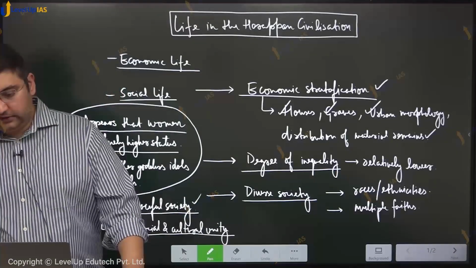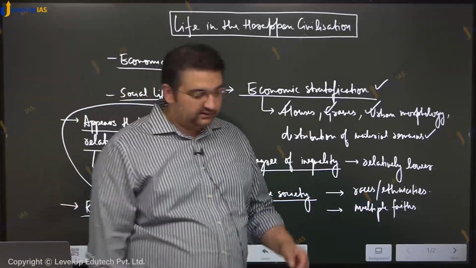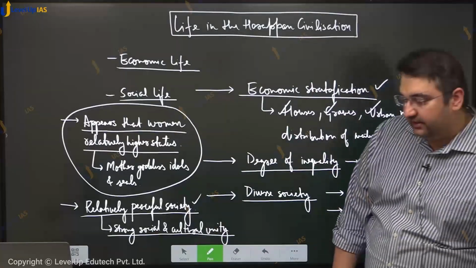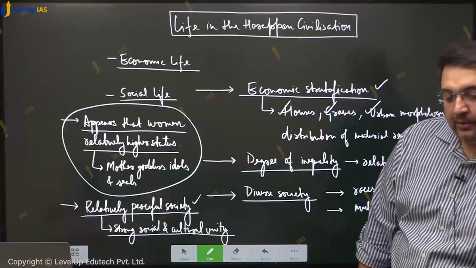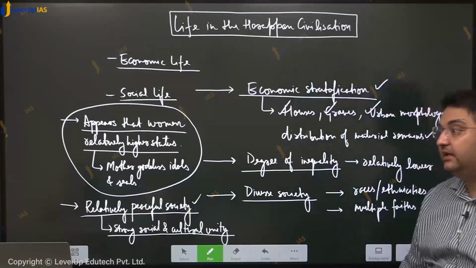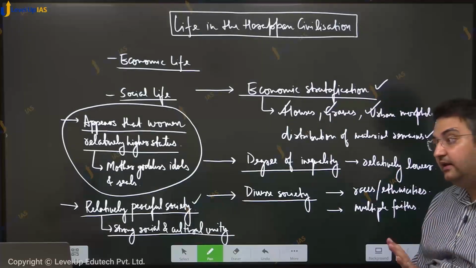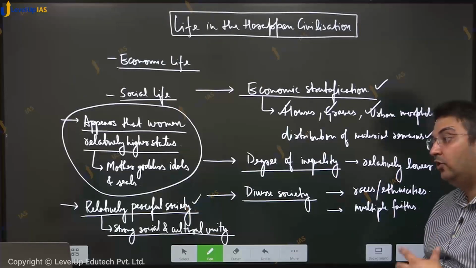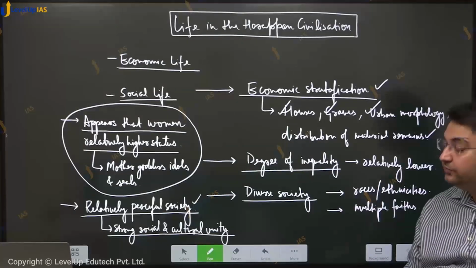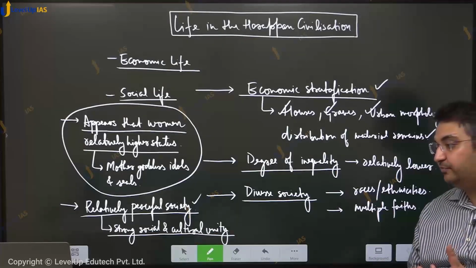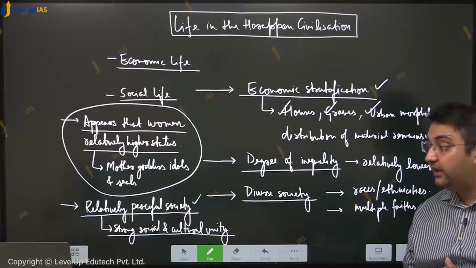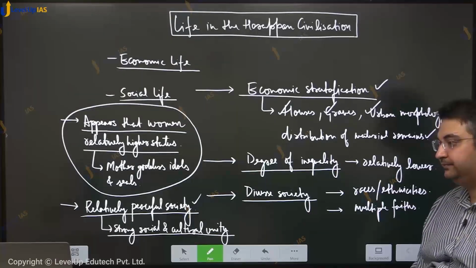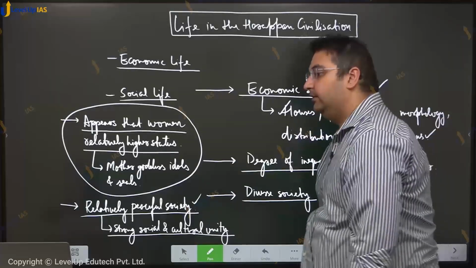What could have been the reason for the fortifications if there was peace? So reasons may have been different. Security is the most obvious reason, but more important than that, may have been the need to demarcate clearly the distinction between the ruling class and the ruled class. So it may have been an ideological tool used by the ruling class to separate themselves from the ordinary class of people and to ideologically enforce their domination. Right? So that may have been another factor. Clear?